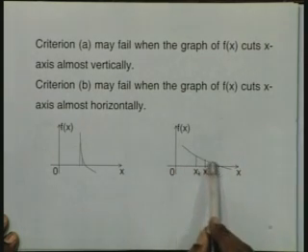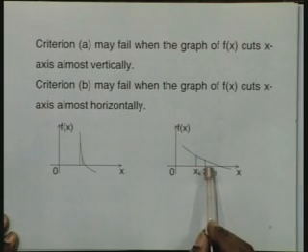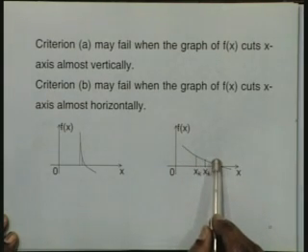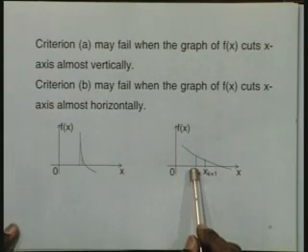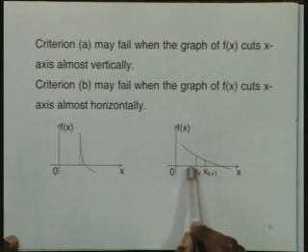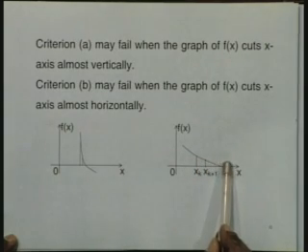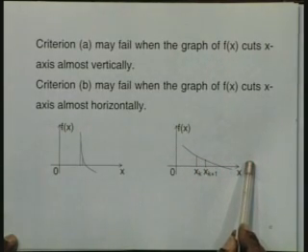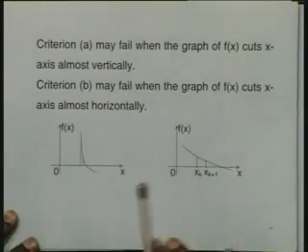You could see the reason why it is so. If I take any two successive approximations xk plus 1, when the graph is cutting horizontally, the f of xk plus 1 is almost 0, but the difference between xk and xk plus 1 will be very large. Now, look at the graph which can go almost tangentially to this one and cutting it. So, if you take the value of the ordinate is less than epsilon, but we are not getting the root because we are far away from the root, because it is cutting very horizontally.